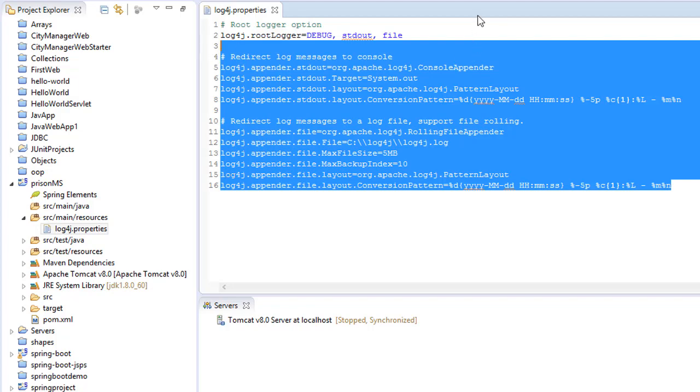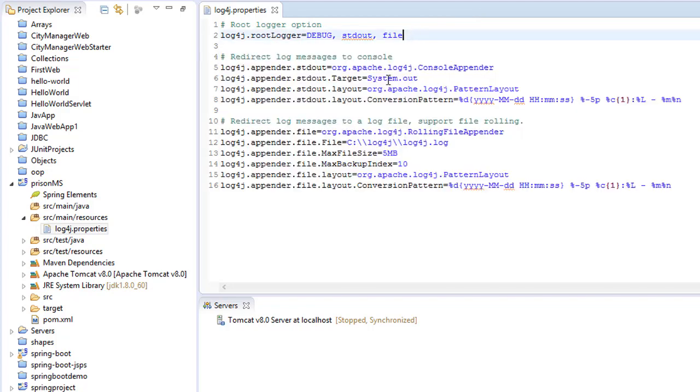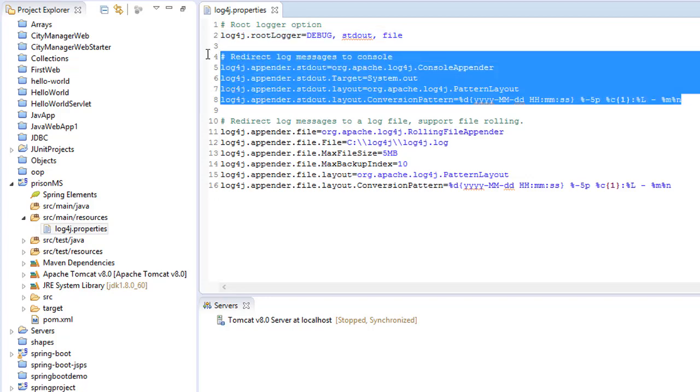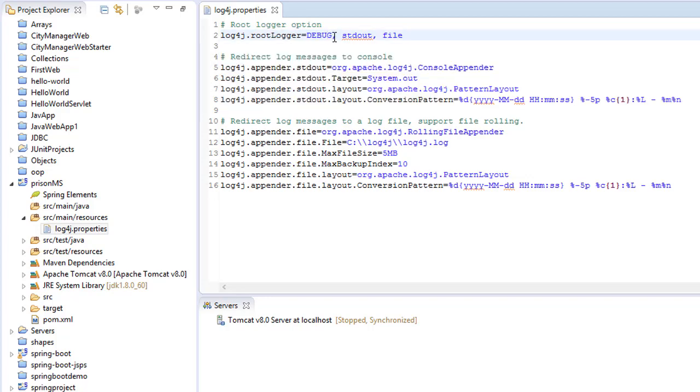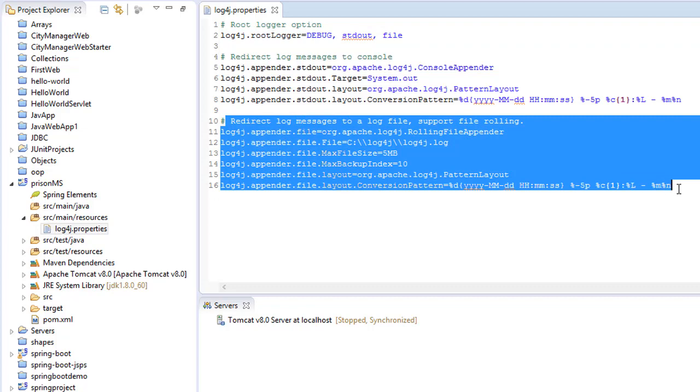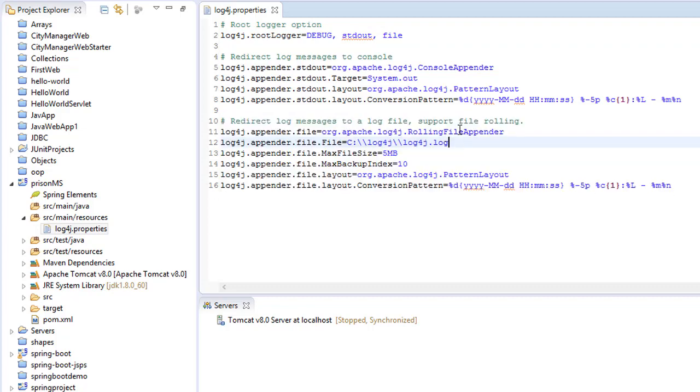The other time we spoke about the log4j configurations, and I added these configurations here. I put the level as debug, or we can put it as info or debug. So whatever is happening in our application, we can see it on the console. Today I just added these configurations here, and this means that